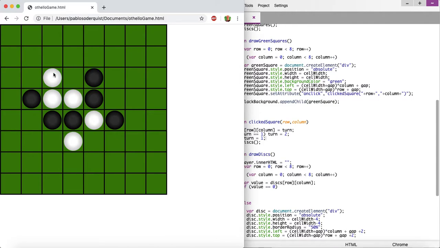Of course, it's not actually flipping all the surrounded tiles yet. That's something we'll do in a future video. But as you can see, we have successfully set up the model, the view, and the controller. We just need to add some more functionality to